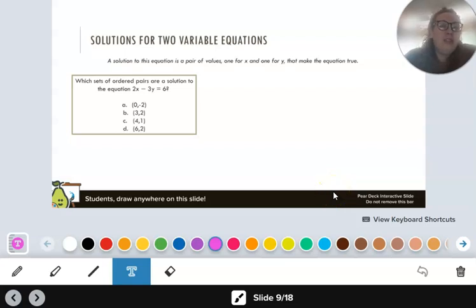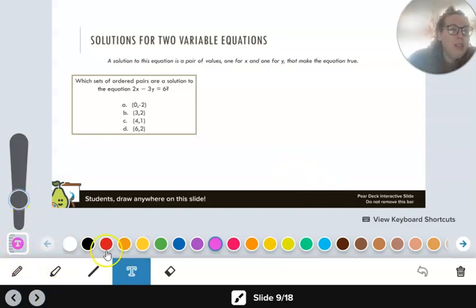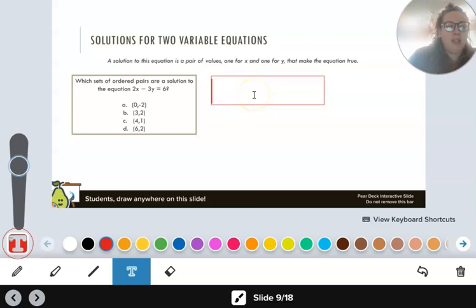Alrighty, so solutions for two variable equations. Two variables just means we have an x and a y, right? There's two variables. A solution to this pair of equation, one for x, one for y, will make this equation true. So we can start by trying the first one, which is 0,